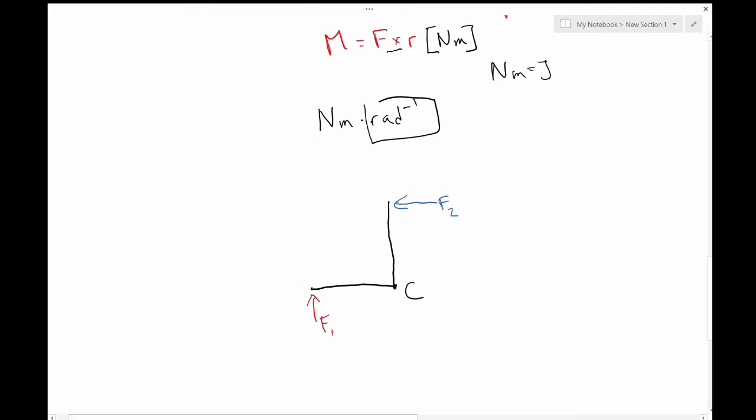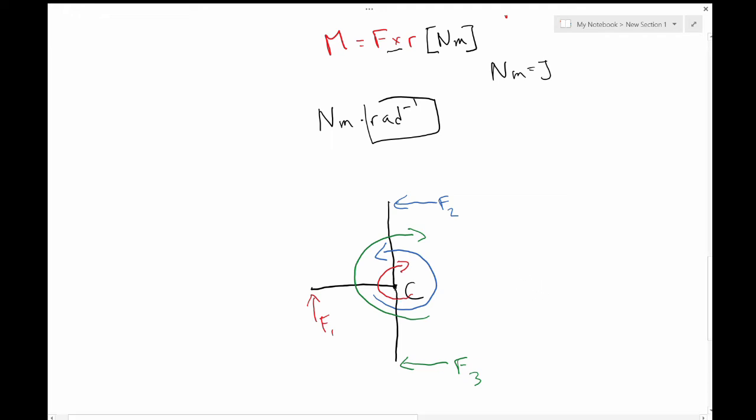It's going to try to turn things clockwise, and F2 is going to try to turn things the other way, anti-clockwise. So this is really just to demonstrate that even though F1 is acting in the y direction and F2 is acting in the x direction, they can both contribute to a moment about C. And if we had another arm coming down here, and yet another force here, F3, you can see that that one is also contributing a clockwise motion. So F1 and F3 are orthogonal vectors, but they can still contribute in the same direction to a moment about